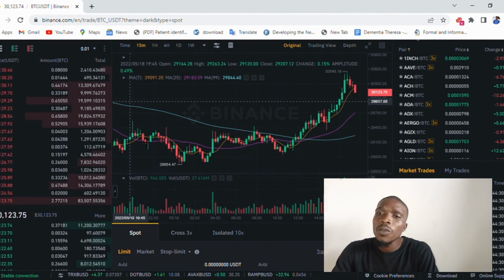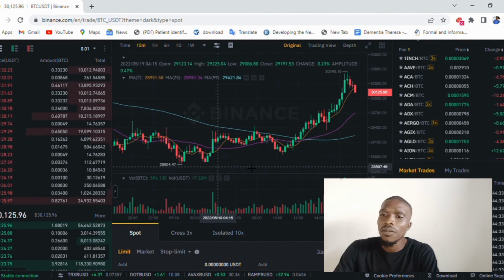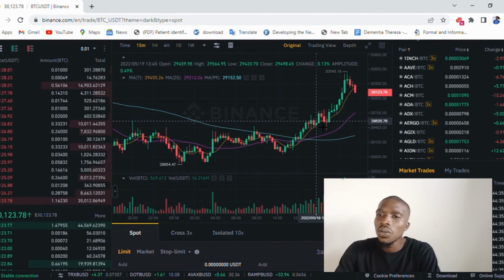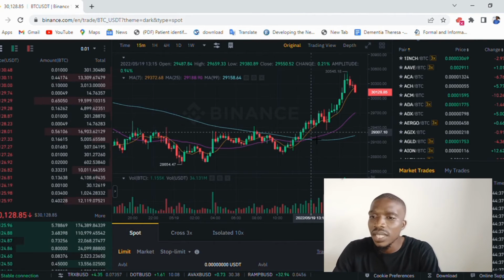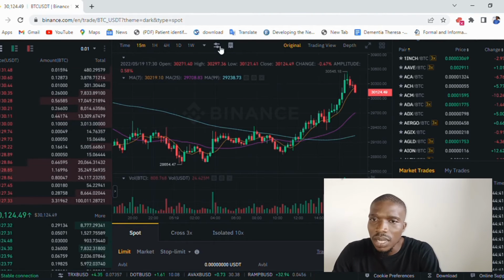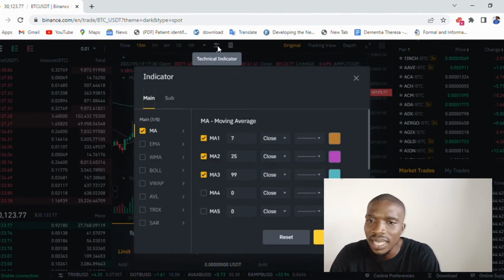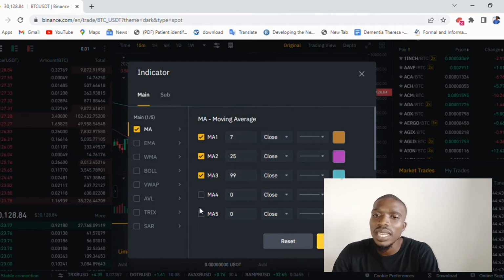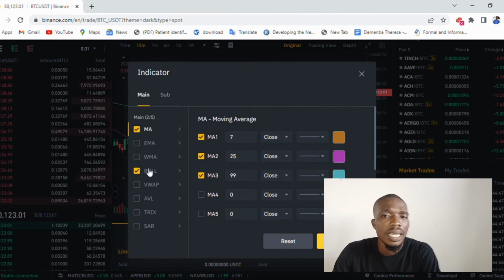Now, this interface also provides you with charts so that you can perform your technical analysis. There are a whole lot of charts and a whole lot of indicators that you could check in and turn on, and trust me, a lot will be happening. So let's look at that. That's technical indicators. We have a lot of technical indicators. You can turn on the BOL, that's the Bollinger Band, and moving average, MA. I remember I talked about this earlier, and the monthly moving average, a lot of things.